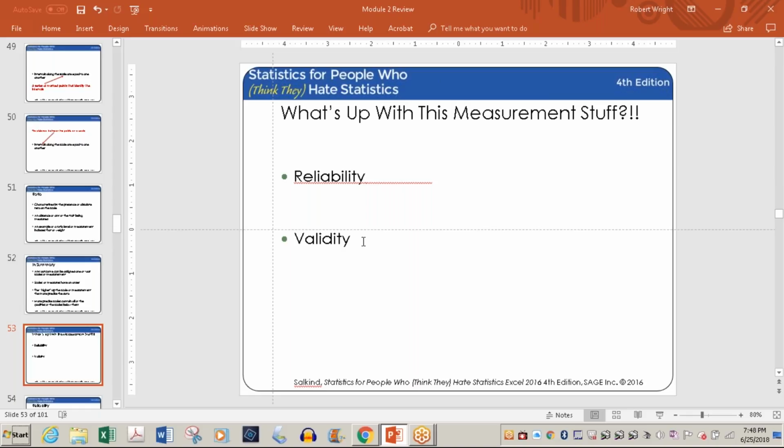When we're talking about reliability, what are we talking about? Isn't it where, like, if you were going to give a test, if you gave it to another sample, you would get similar results, that it would be kind of consistent?